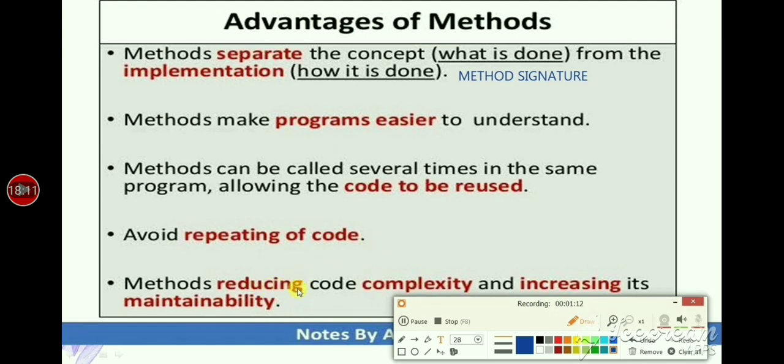And next one is methods reduce code complexity and increase maintainability. Here, when programs become more and more complex, one of the most powerful techniques to cope with complexity in computer programs is affectionately known as divide and conquer.